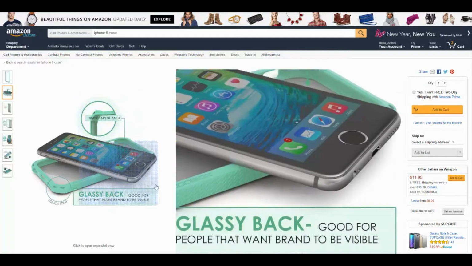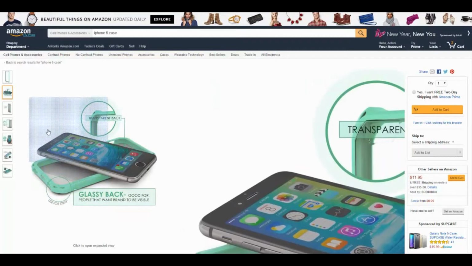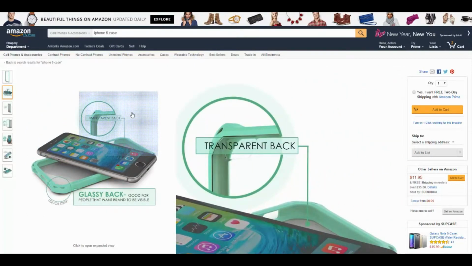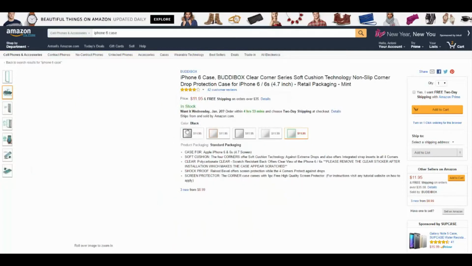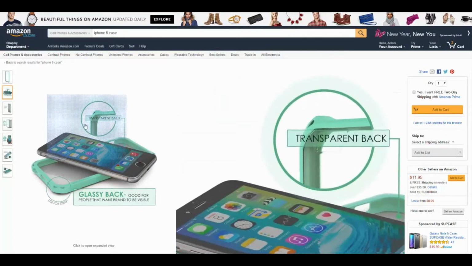One of the key things is to go through the top 10 products in your market. Go through listings 1 to 10, look at the features that they're talking about, look at the reviews and see what people are talking about in terms of the issues they've had, or why they bought the case, or why they like it, and take all of that feedback, all of the benefits, all of the issues, and really you want to cover those off in your photos as well as your text and your bullets, but specifically in your